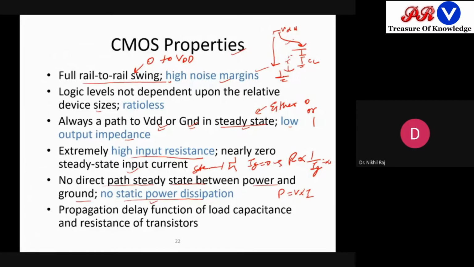So very little power dissipation, and that power dissipation is due to the switching only, not due to the static rest condition. And there will be a propagation delay, and it will be a function of the load capacitance and the resistance seen by the transistor configurations. Okay,